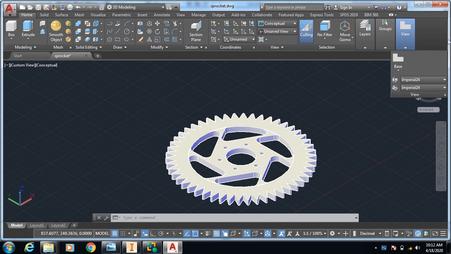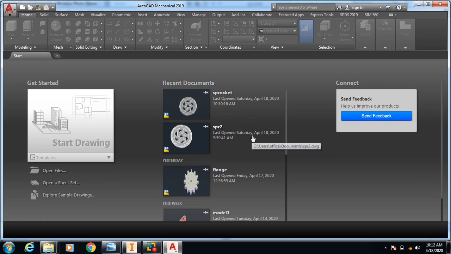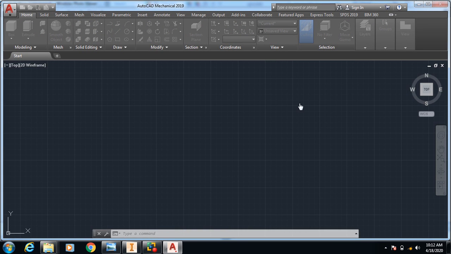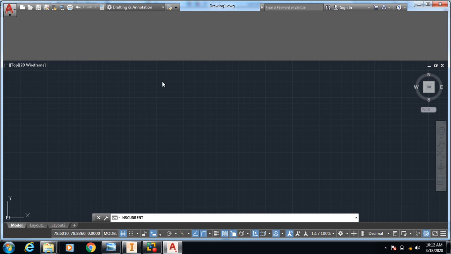Go into AutoCAD. Just close this. Start your AutoCAD. Go into the drafting mode.